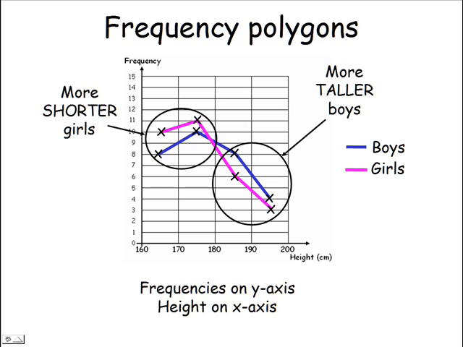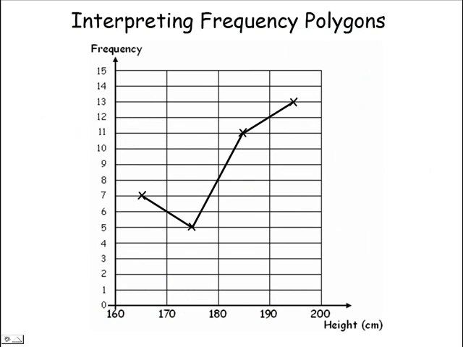Again, if we had different numbers of boys and girls in our sample, this might lead us to false conclusions, but because we've got about the same number in each, then it's okay to compare the frequencies directly in each height range. Finally, there's something else to be careful about when interpreting frequency polygons. At first sight, this frequency polygon looks like it's representing the frequencies of heights from 165 to 195 centimetres. Don't forget that this is actually telling you about the midpoints of the top of a set of bars in